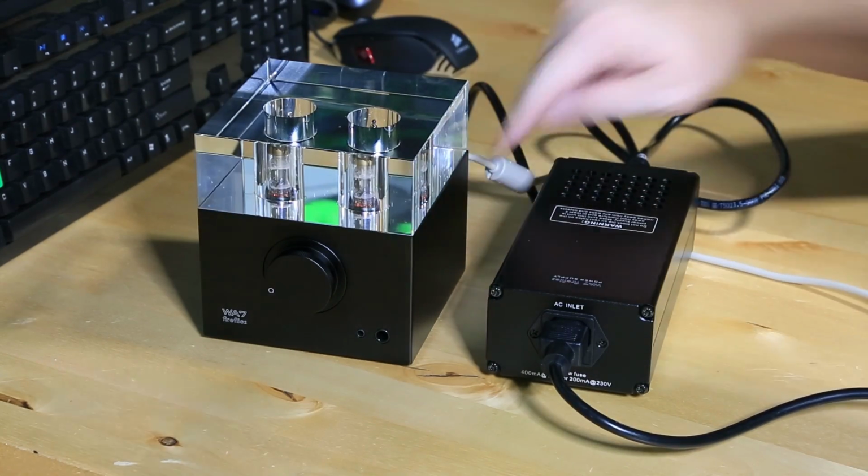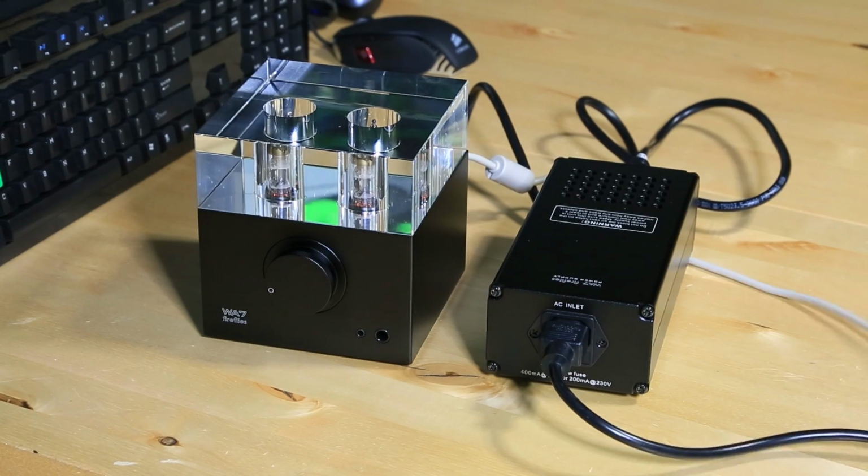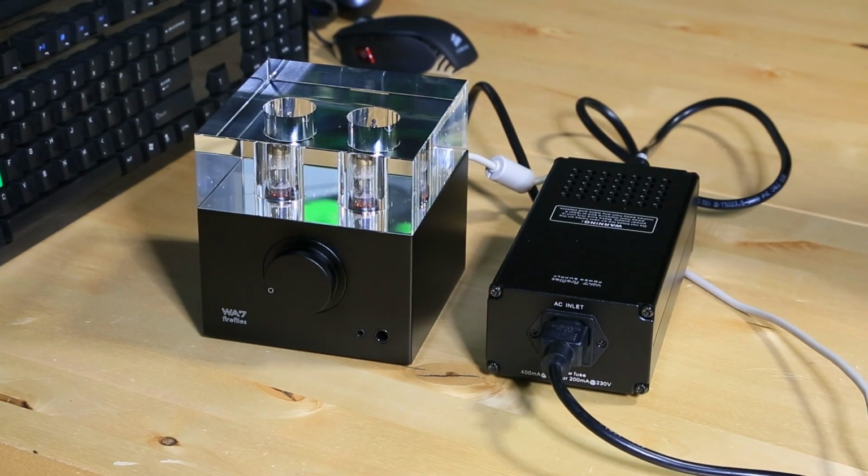There we go. And we can see inside the tubes are in fact glowing. Let me turn out the lights so you guys can see that. There we go. So all the lights are off in the room. It looks like the tubes are getting brighter as they warm up too. And right now I don't have any headphones plugged into them. So the next step is, now that we've got this hooked up, let's plug it into the computer and see